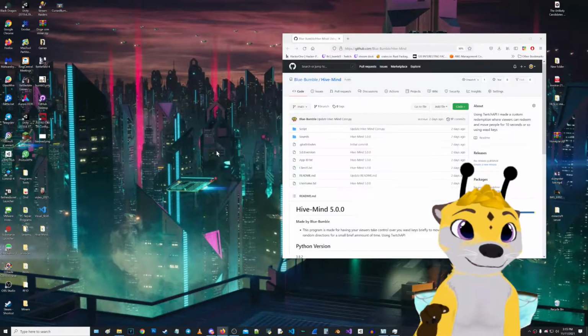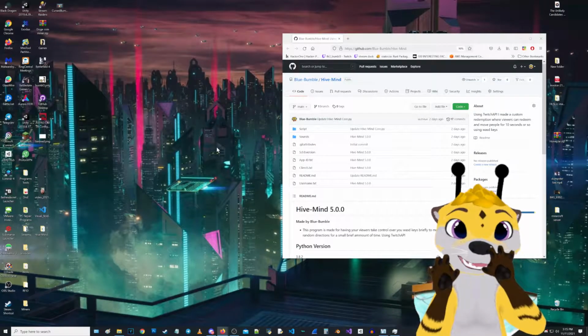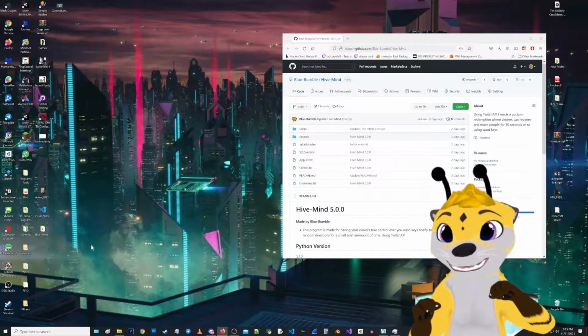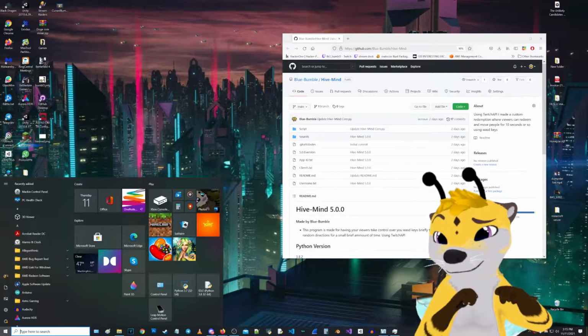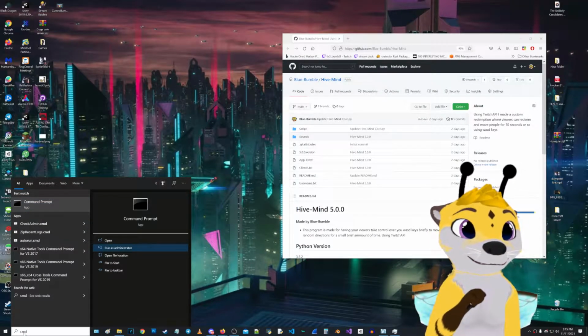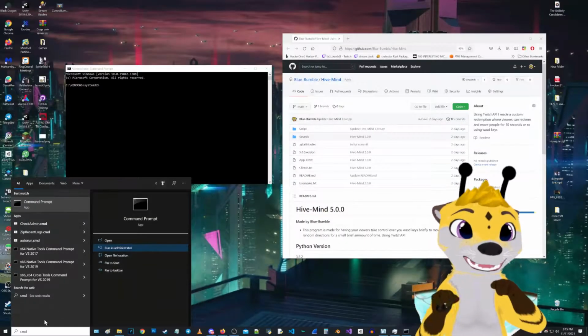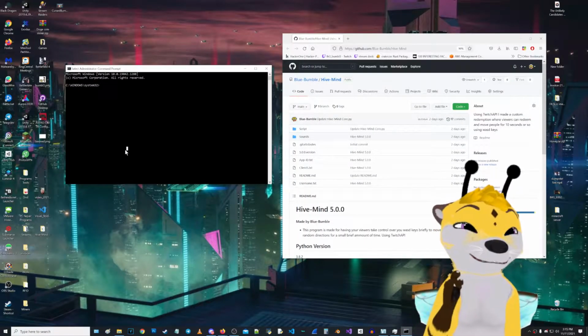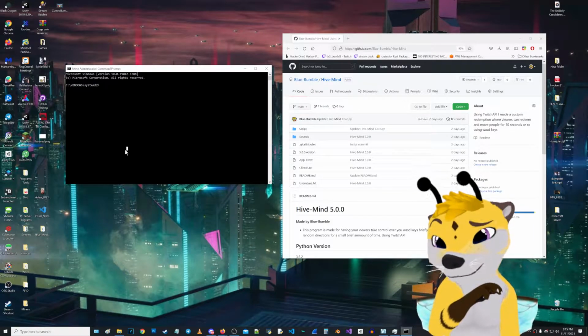You're good to go. Once Python is finished being installed, we're going to go down here, go into here, and type cmd. We're going to open up command prompt and run it as an admin. You get that little pop-up. Completely normal. Okay, so now that we're running this as an admin, we're going to go and type in pip